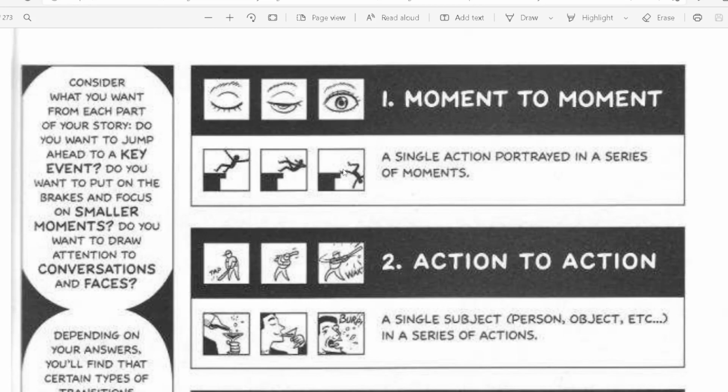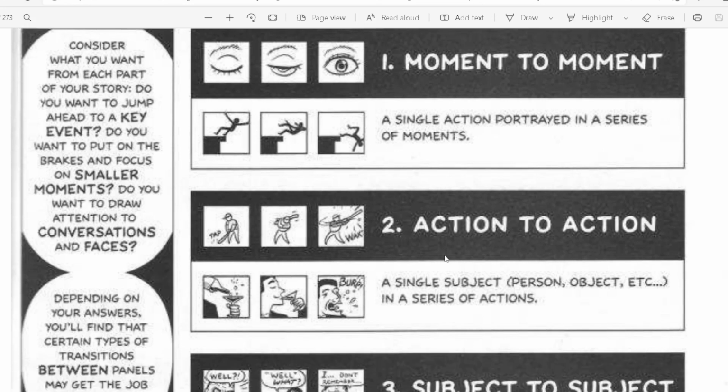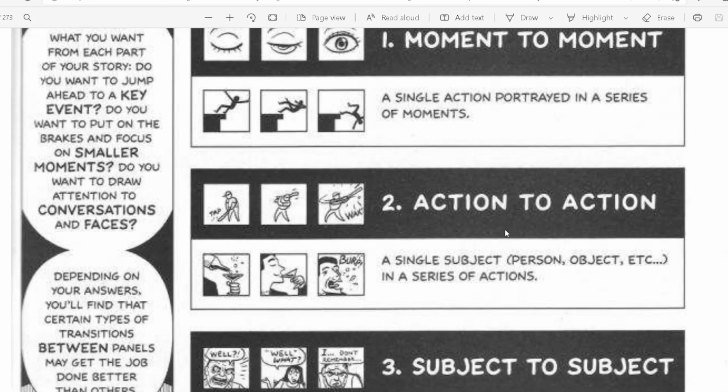One, moment to moment. A single action portrayed in a series of moments. You can see here only a single action that is portrayed in a series of moments. Action to action, moment to moment.